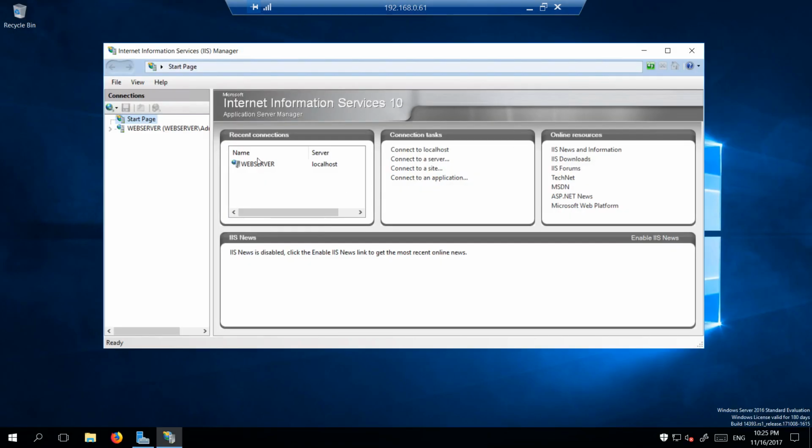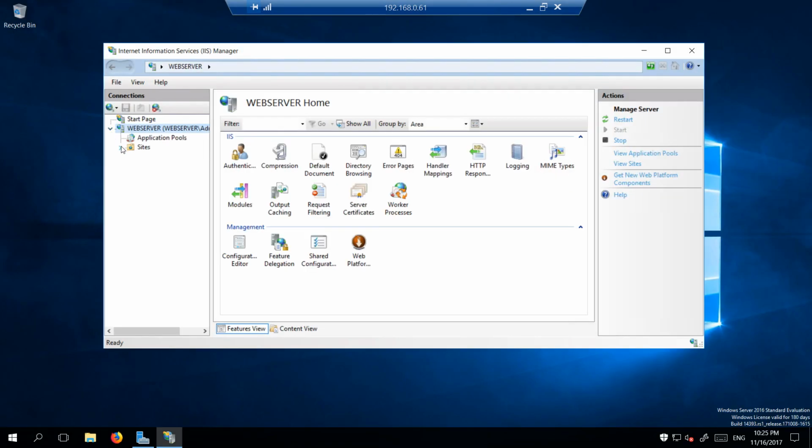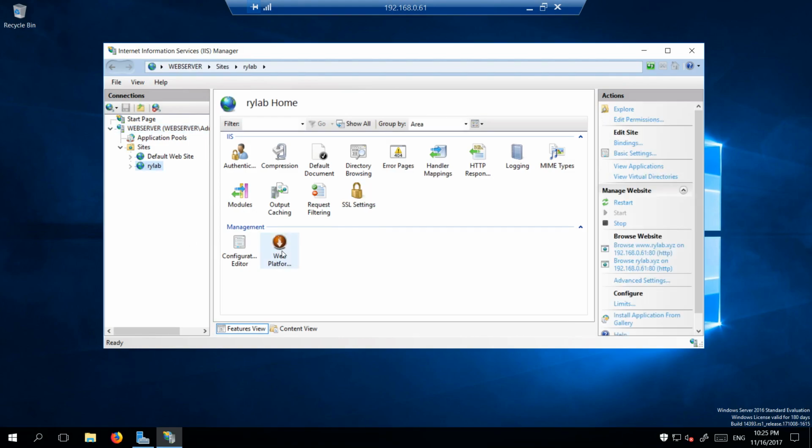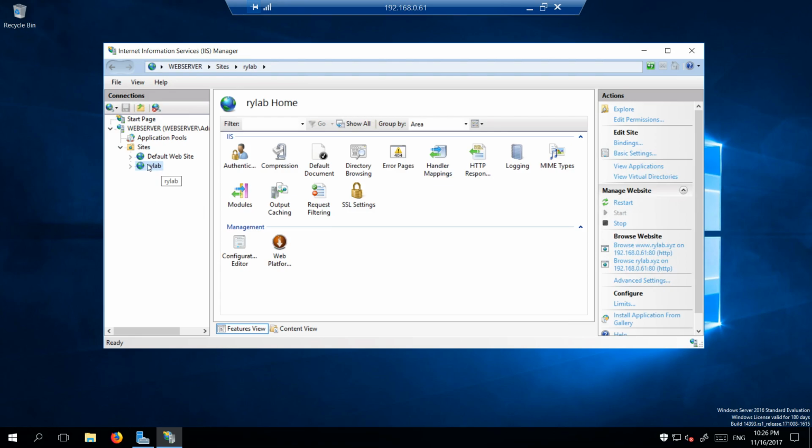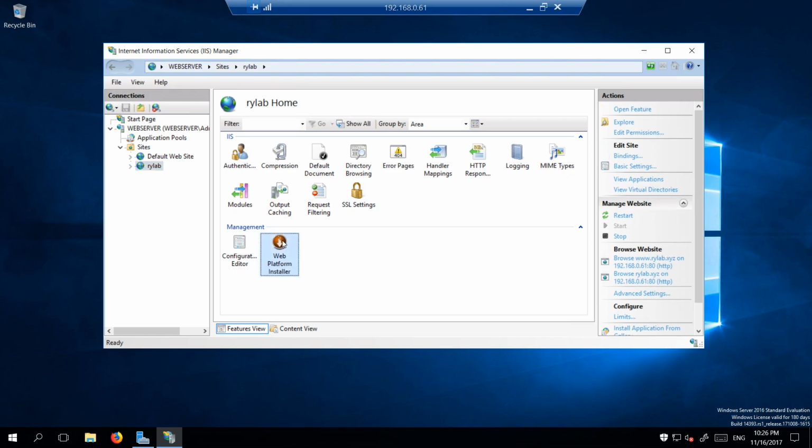Go back in again. We should see now that if we go to our website there, we should have an option right here. So what you want to do is you can click over here, install application from gallery, or you can just double click here. It doesn't really make a difference once you have that. But you do want to make sure that you've highlighted, you've selected your domain. So for example, if you do it there, if you do it here, it's not going to work on your website. So you actually have to be on your domain. Alright,